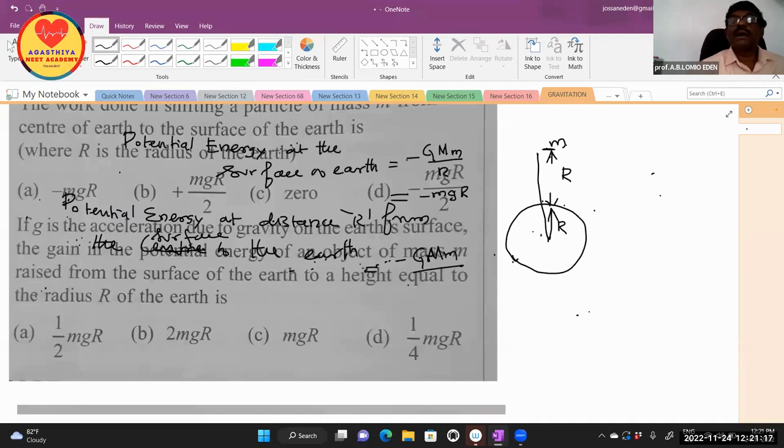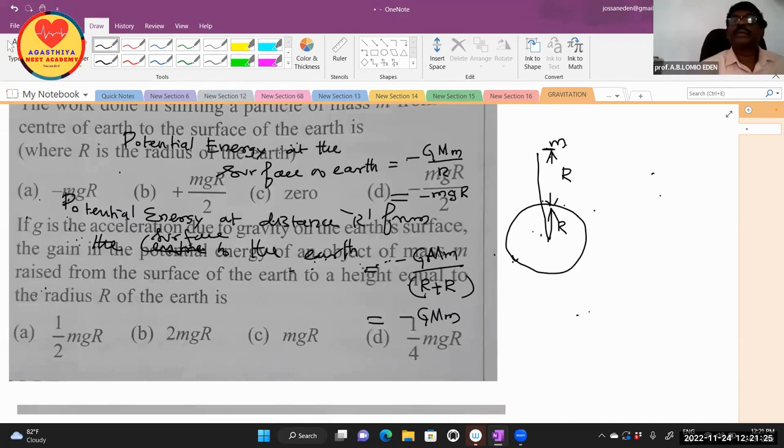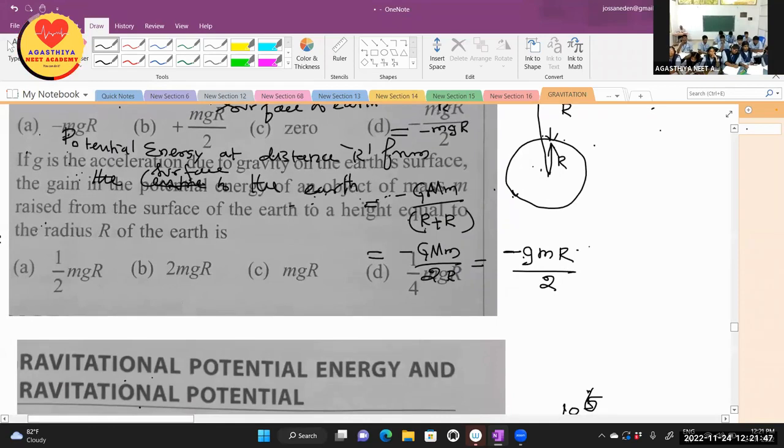What is this? R plus R, yes, 2R. Expressed in terms of g, minus mgR divided by 2, by multiplying R and dividing R. Gain in